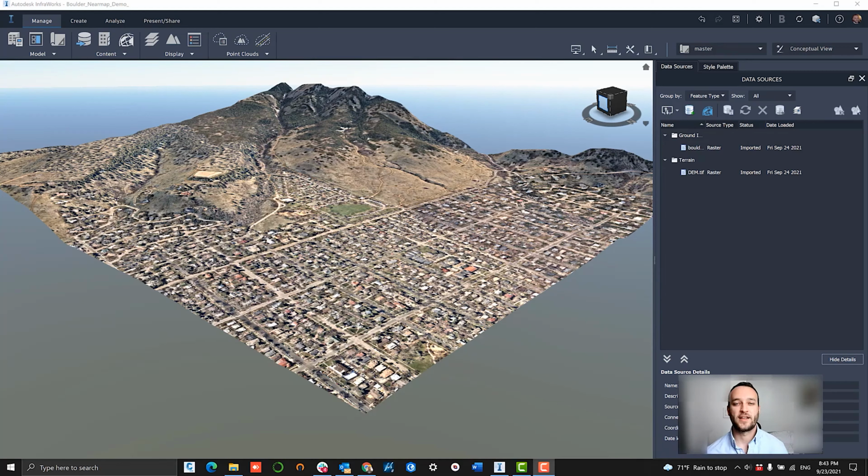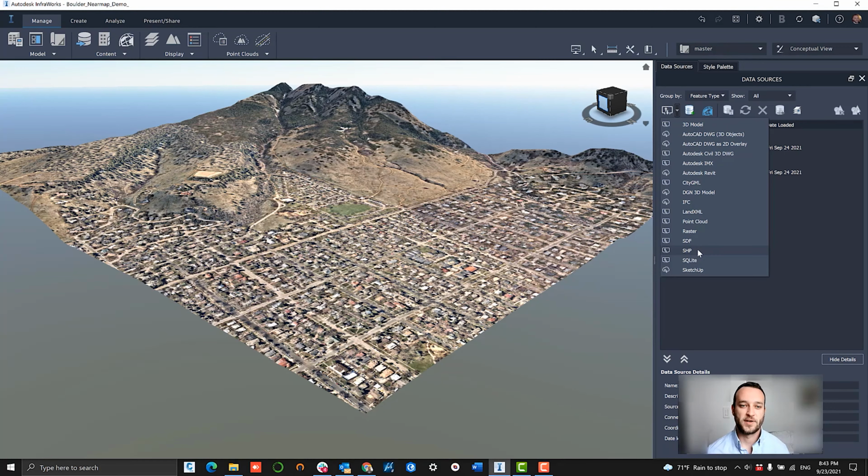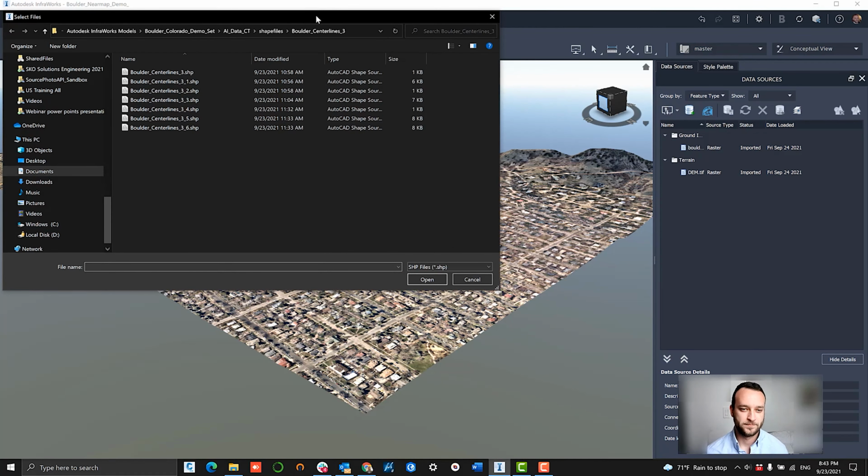So the first object that I'm going to use is our roads layer, right? So we recognize this as asphalt and concrete. What I've done is a little bit of post-processing. Our algorithm identifies edge of pavement, but I've gone ahead and done a little bit of scripting to identify the road center lines, and then we're going to digitize those by creating road layers in InfraWorks.